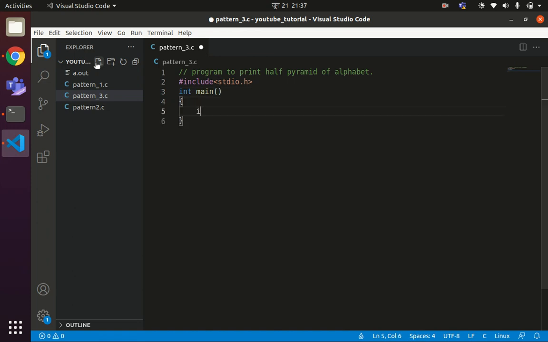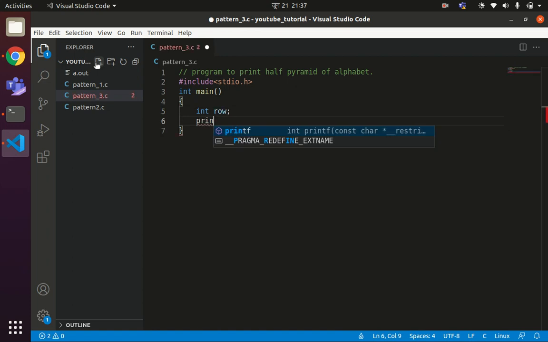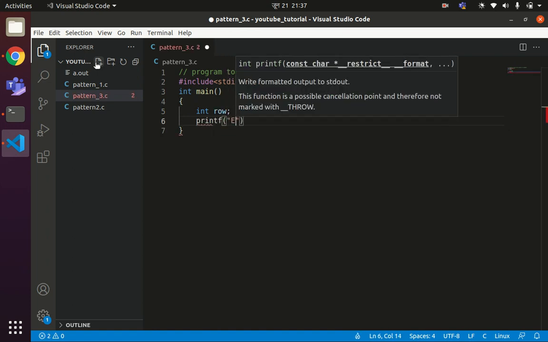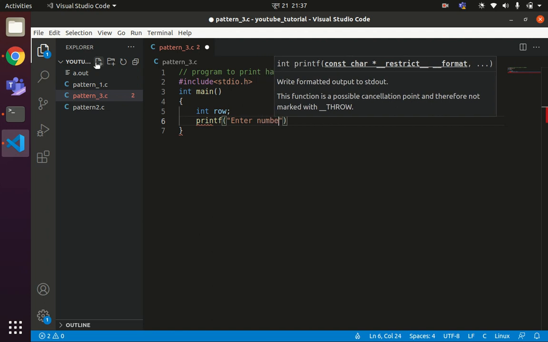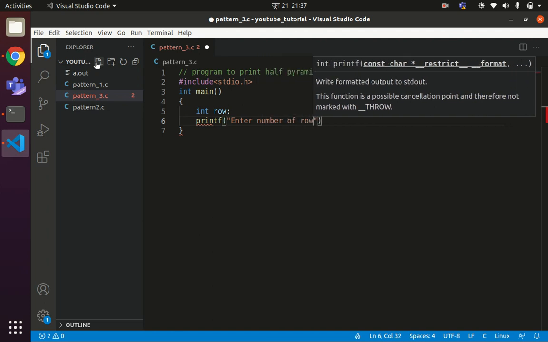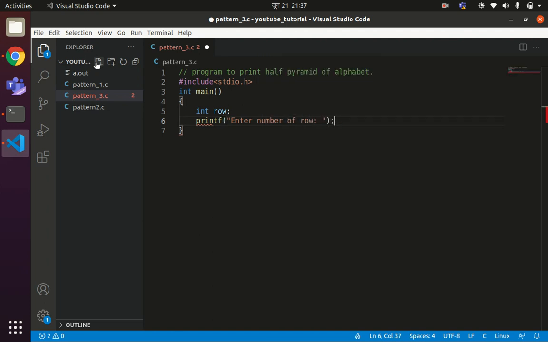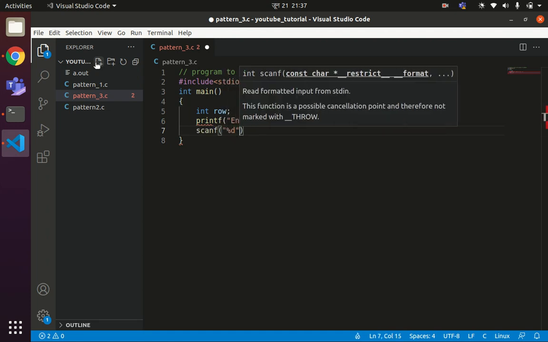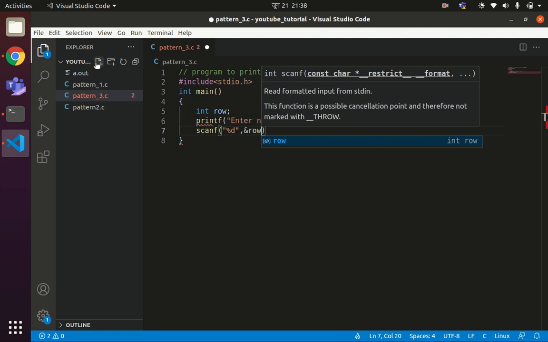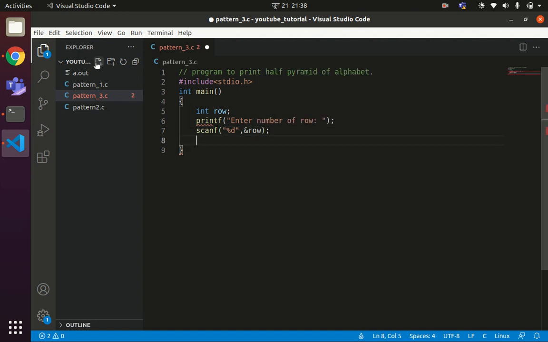If you want, you can ask the user to enter the number of rows. Enter number of rows, scanf percent d, row. Okay, so again we need two variables, one to control the outer loop, another to control the inner loop.